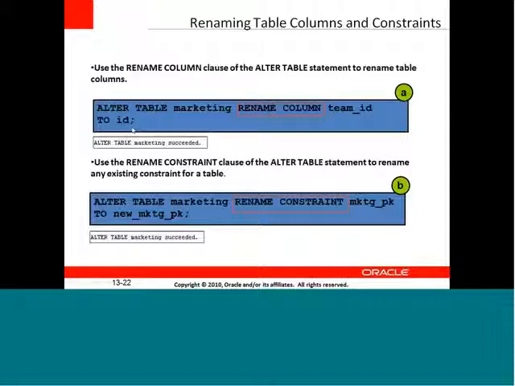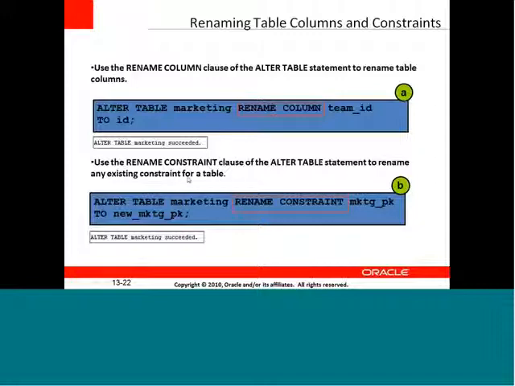So here it's going to change, and this is permanent. Now if you go to view the marketing table, then ID will be reflected instead of team ID.